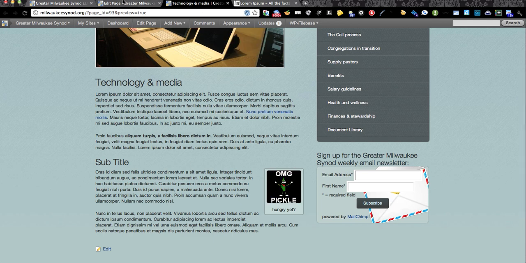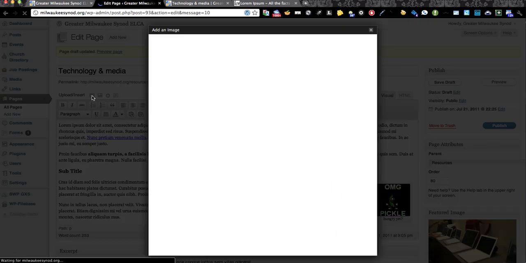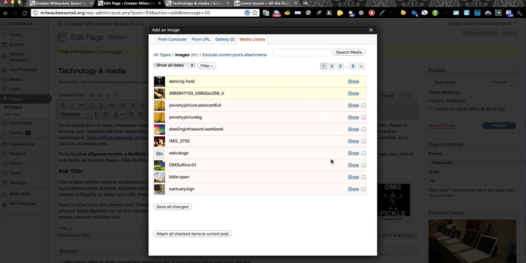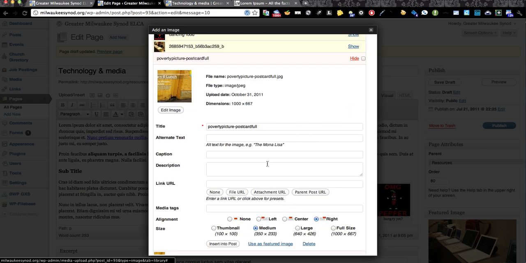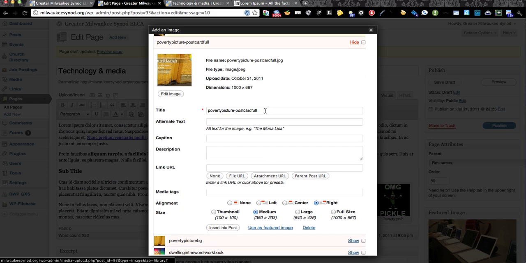So that is adding an image from your computer. The process is only slightly different if I already have uploaded the photo. I'm still going to click on upload insert, but instead I'll go to my media library. And now let's say this is the image I uploaded earlier and I want to add to this page. I click on this show link on the right. And now this looks pretty much exactly like when I uploaded that photo. So now I can go and I can say,